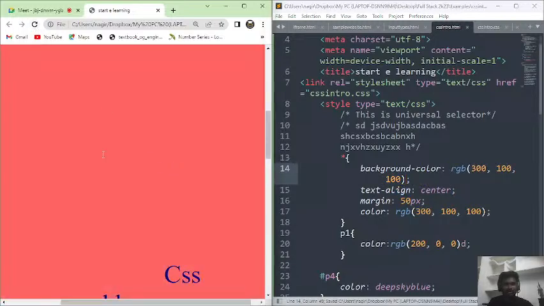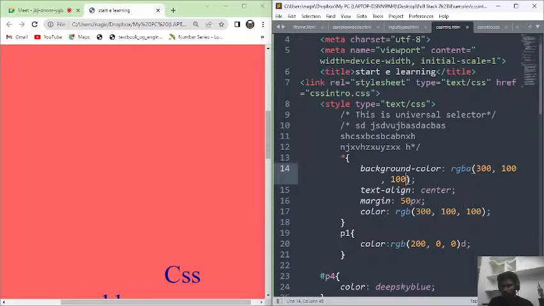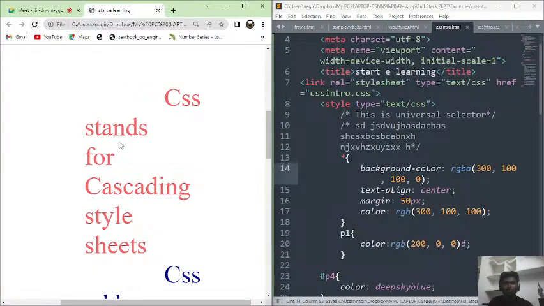So see here, this color is going to be like this. I'm going to implement one more thing. You are now clear with this RGB. Now I'm adding the alpha value for this. The alpha value ranges from 0 to 1. If I give 0 for this, we'll see now, it's going to be white